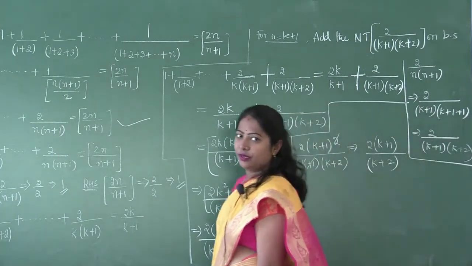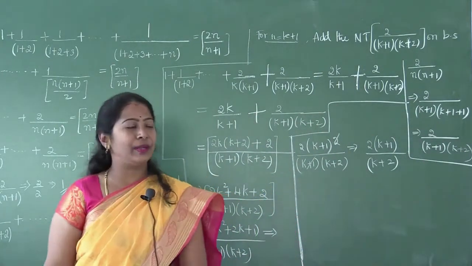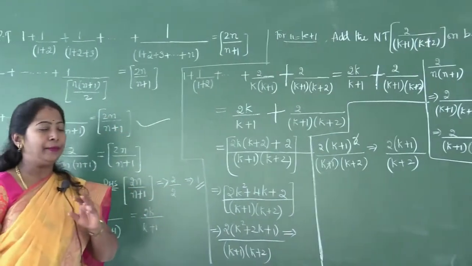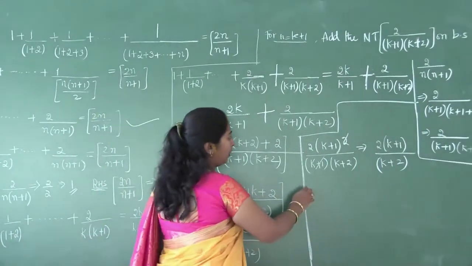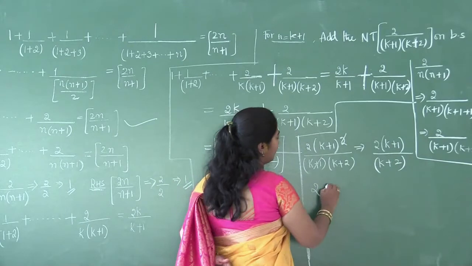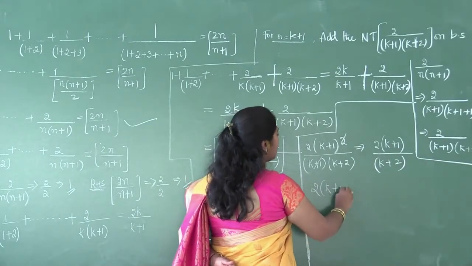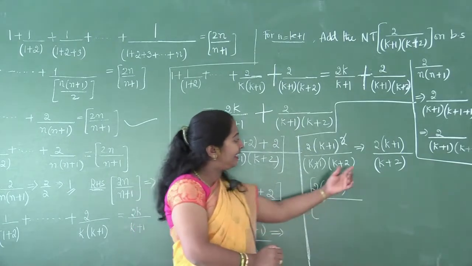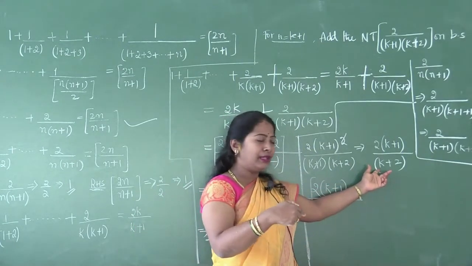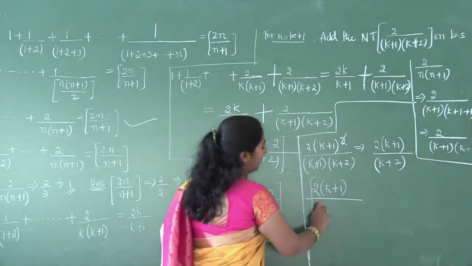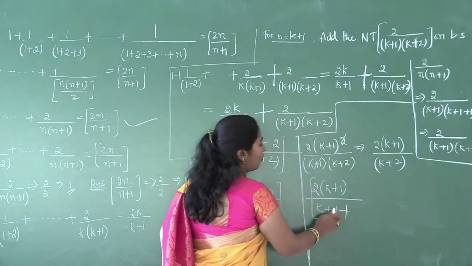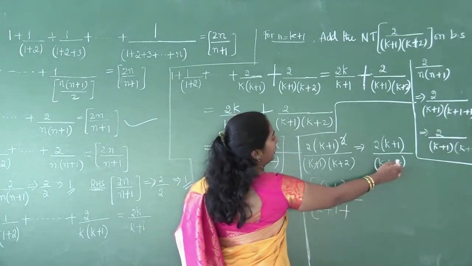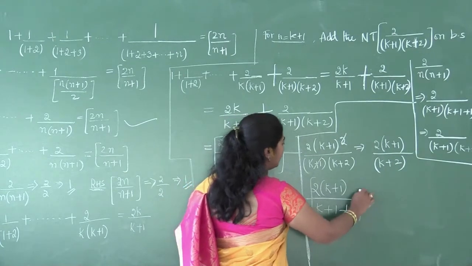As I mentioned earlier, each term of k has to be represented in terms of k plus 1. So what do I do? I'll just write k plus 1 as it is. Now in the next step, I will be writing k in terms of k plus 1. K plus 1 plus 1, added to which number do I get 2? That is nothing but 1 itself.